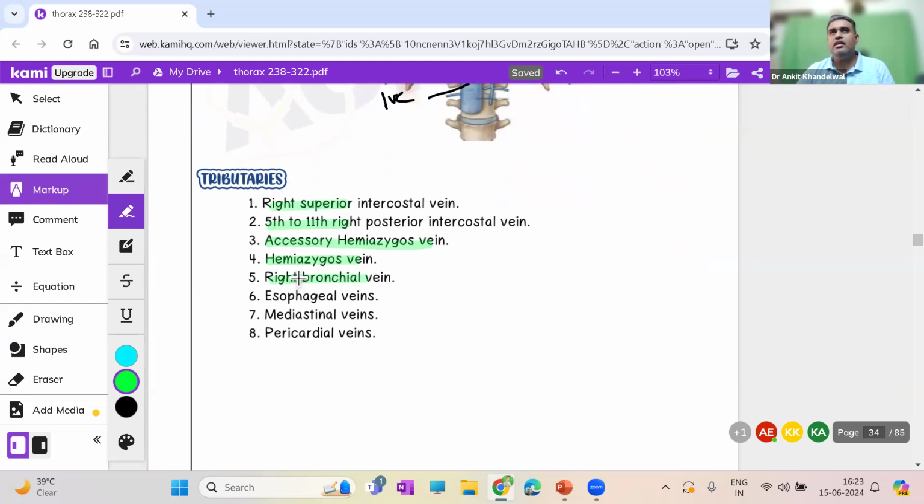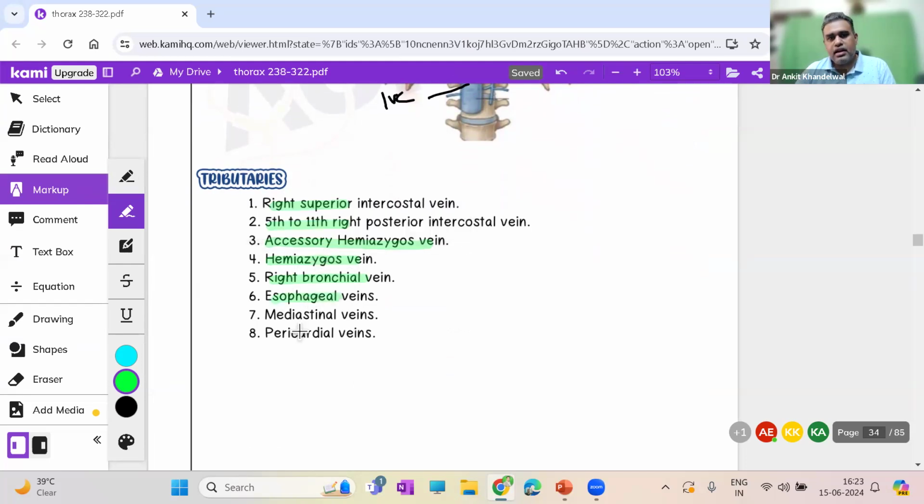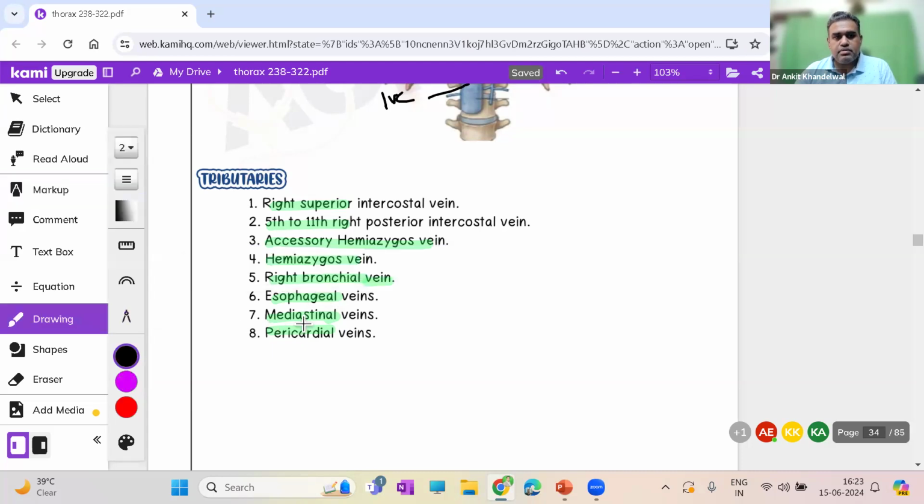So it is not only draining the posterior intercostal veins, you have the esophagus around it, it will drain the esophageal veins. You have the pericardium around it, pericardial veins, mediastinal veins, even the right bronchial vein drains into it. So there are a lot of veins that are draining into the azygous vein. Sometimes a question has come previously that which veins do not drain into the azygous vein. We have to understand that it is the right first